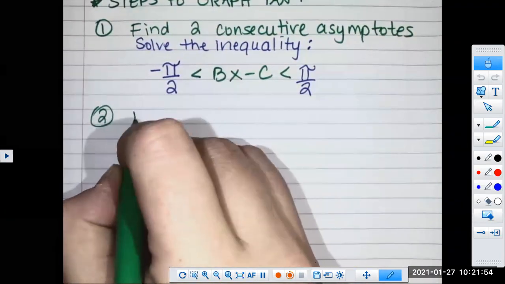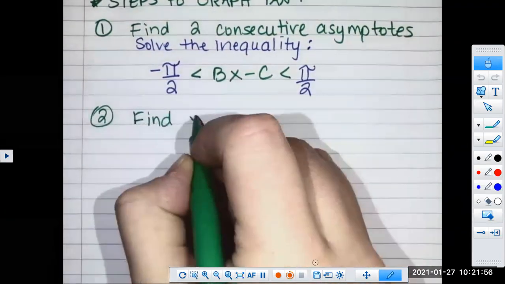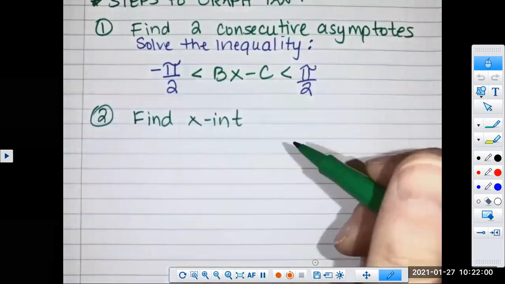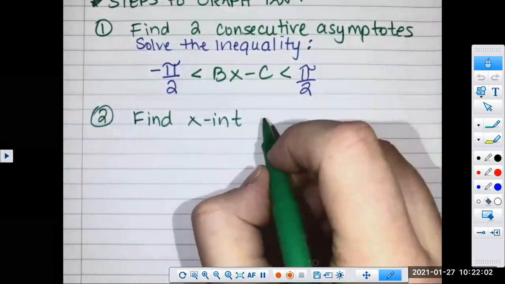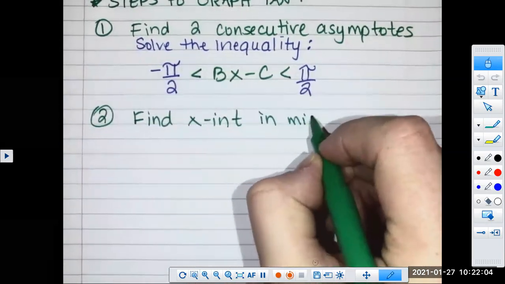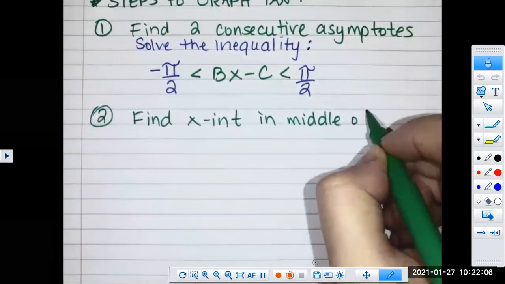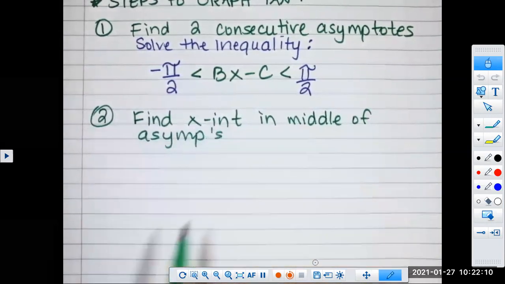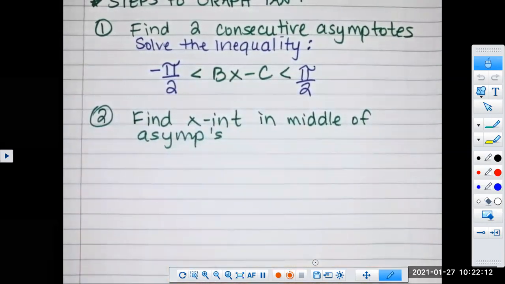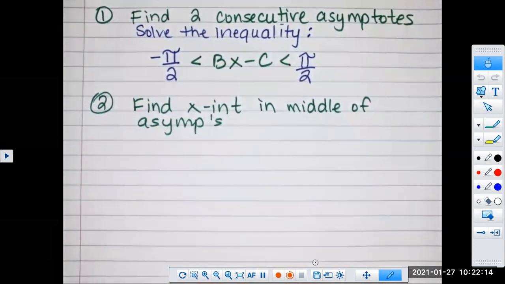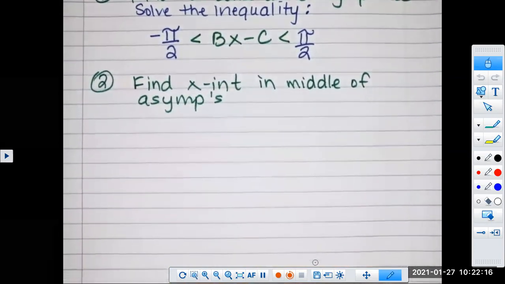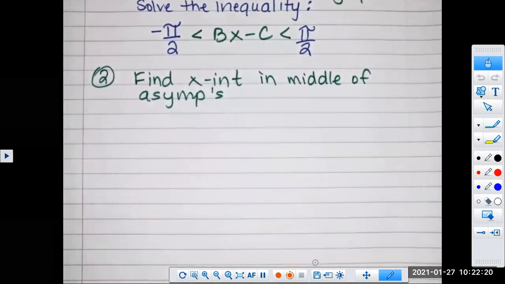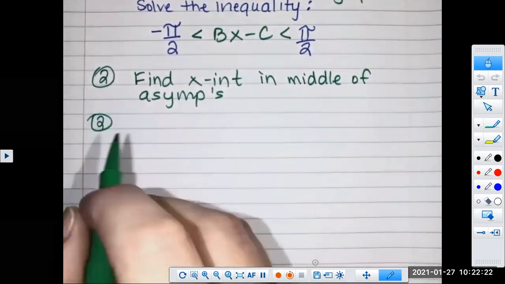You have an x-intercept that is in the middle of your asymptote. So find the x-intercept in the middle of asymptotes. How you get your other 2 points,